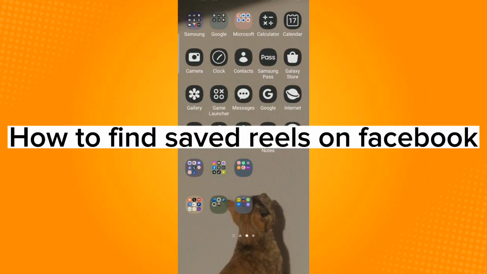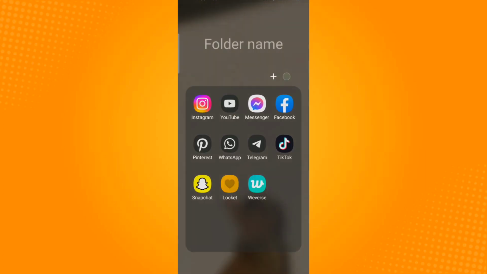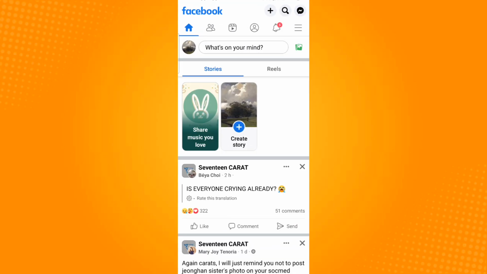How to find saved reels on Facebook. So now go ahead and launch the Facebook application. So in your Facebook feed, you will find the three horizontal lines or the menu icon located on the top